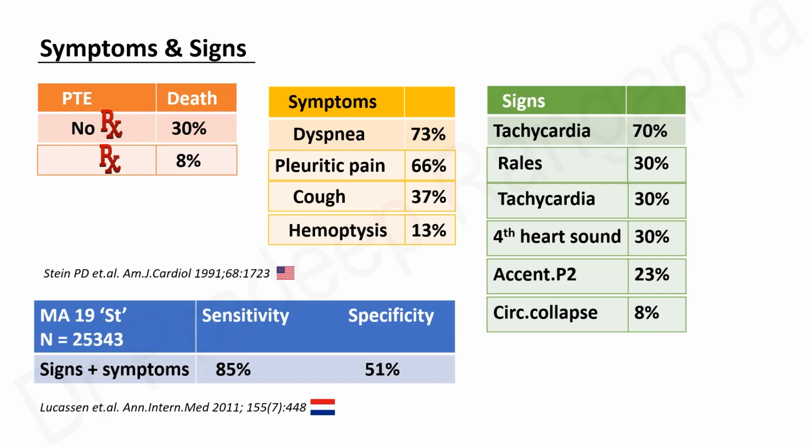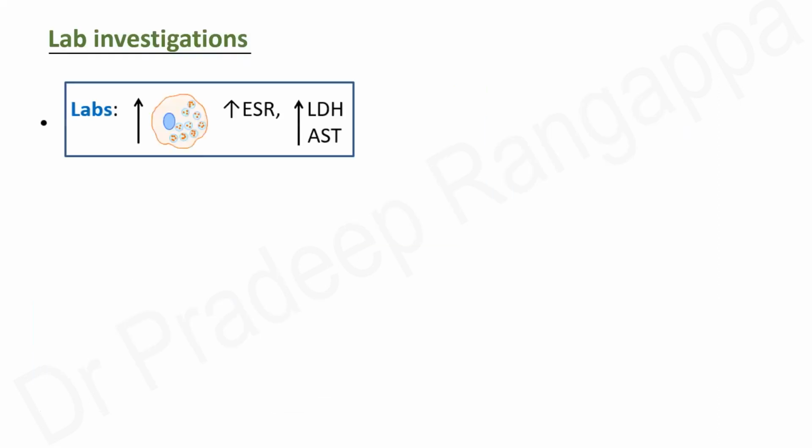There's a lot of work that has happened from the Dutch or Netherlands in venous thromboembolism. So this was a meta-analysis of 19 studies, including 25,343 patients, where they showed the sensitivity of signs and symptoms is only 85% and specificity is very low at 51%. Which means to say the signs and symptoms cannot be hugely relied upon and they can be quite non-specific. But one thing to remember is dyspnea is something that can happen, and the most common sign that we could see is unexplained tachycardia, or a new onset AF is something that tends to happen.